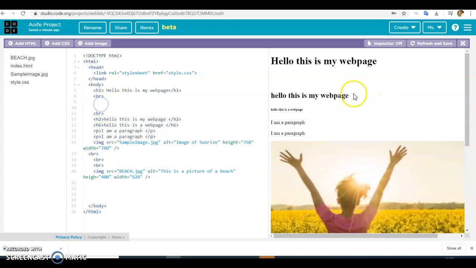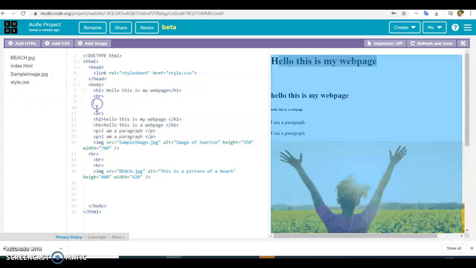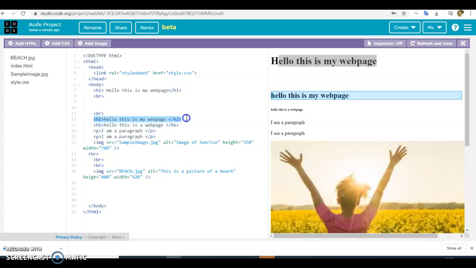So I want to add my map just under this first heading here. So I have my H1, hello, this is a web page. I have a break and I have another break before I have my second heading. So I'm going to pop in a map in there, and to show you how to do that, first of